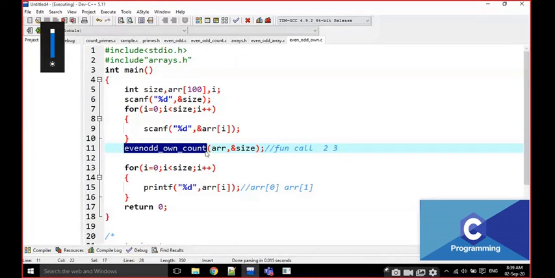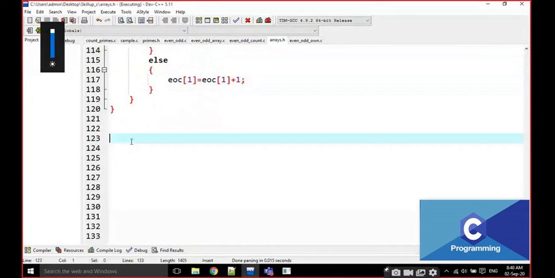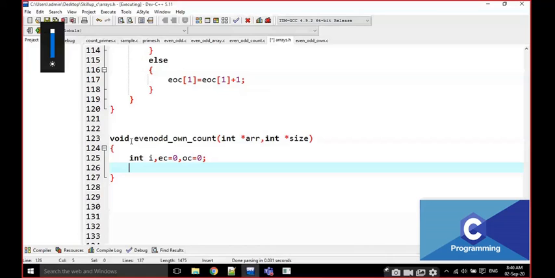Just listen carefully, everyone. This is also some void, and this is the function definition, int *arr, int *size. I am going to develop here two variables, ec equal to 0, oc equal to 0.